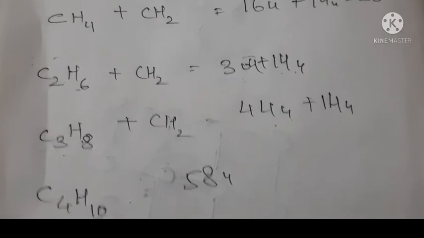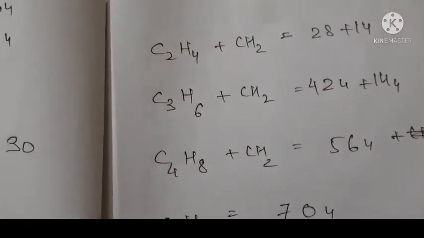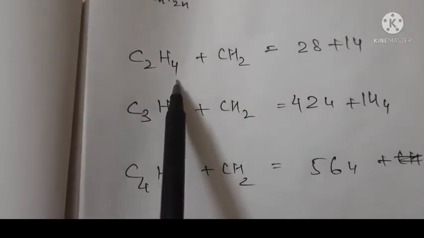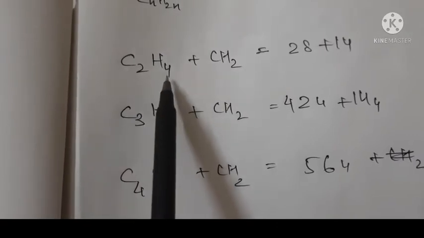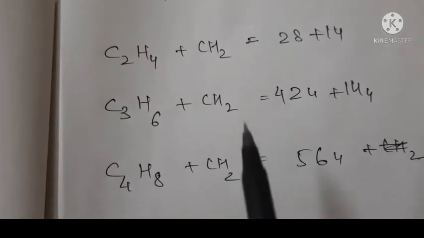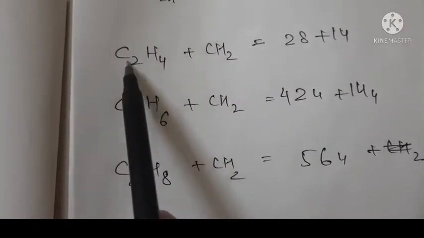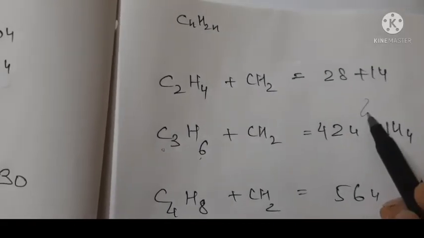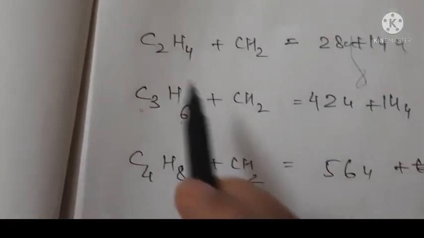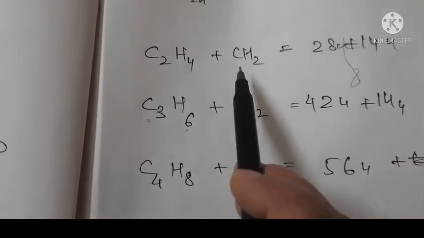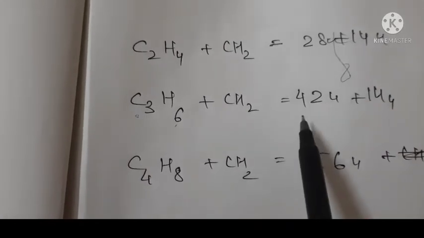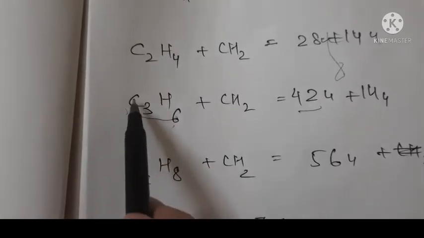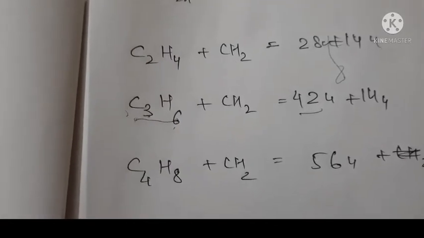Same you can see even in the alkenes also and alkynes also, same thing. Now this is the general formula of alkene, that is CnH2n. Now this is ethene, C2H4, so it is ene, double bond, this is ethene. So when we add CH2, C3H6, and the weight of ethene is 28 units and the weight of the CH2 group is 14 units. So we will get a weight of 42 units, and you check the weight separately also, it will come 42 units. That is 12 3s are 36, 36 plus 6 is 42.